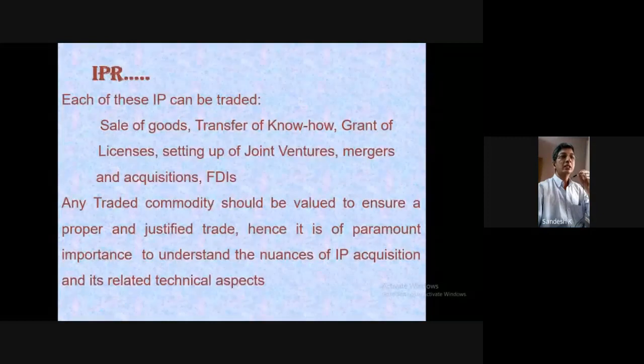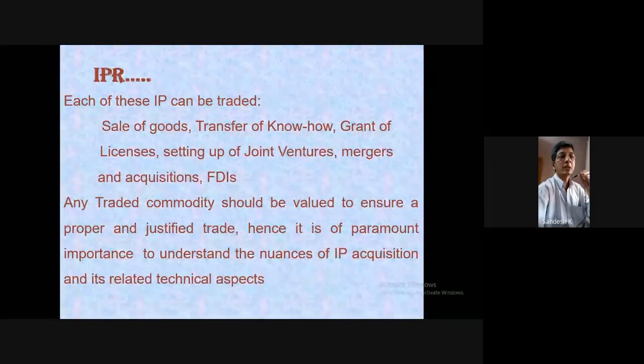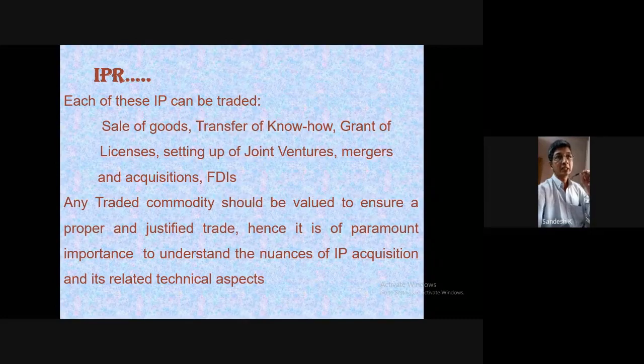This is the property that can be sold. You can transfer this know-how or grant the license when you want to set up a business. Any of this kind of sort, whichever we are discussing today. And when it is an asset, imagine one company has got machinery; when the company shifts its location or sells, automatically the machinery also gets sold to the other company. Similarly, this kind of intellectual property, patent or whatever the IPR you are having, gets transferred automatically, either by license or transfer of know-how. So everything gets transferred. So it is a very important aspect or asset. It's called property again. Okay, next.